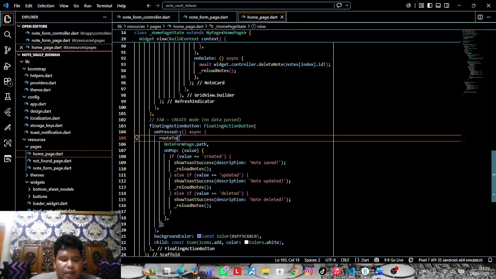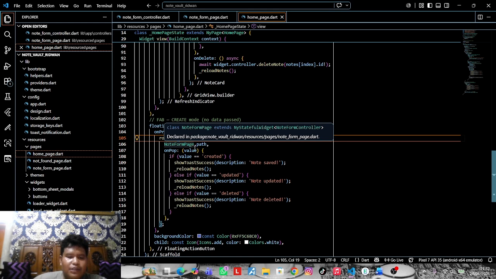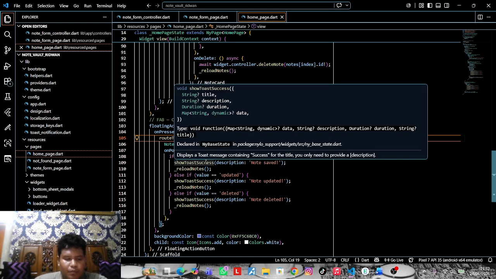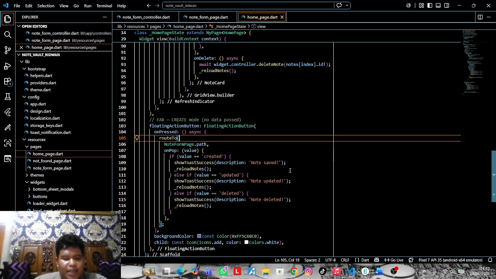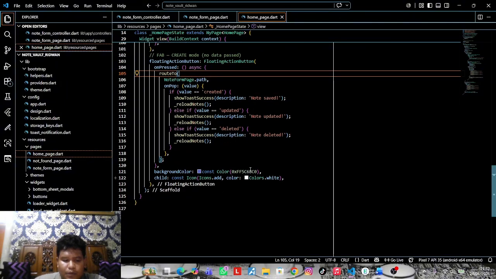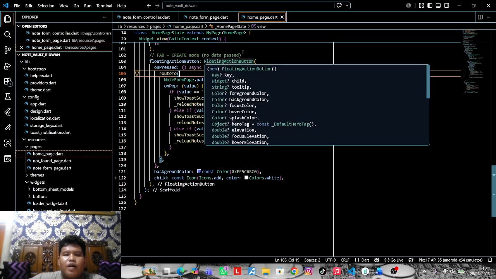So the floating action button will open the node from page without sending any data. This means the application enters create mode, allowing the users to create a new node. Okay, I think that's all I can describe for homepage.dart.